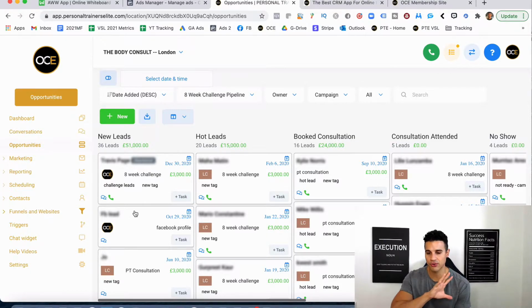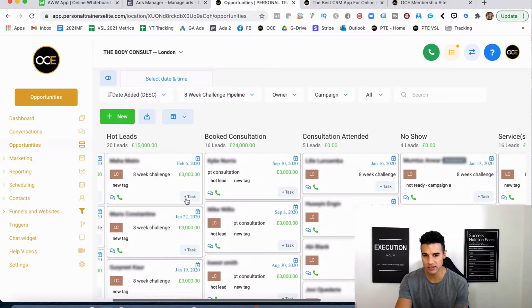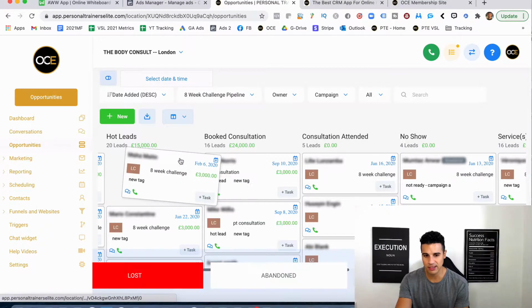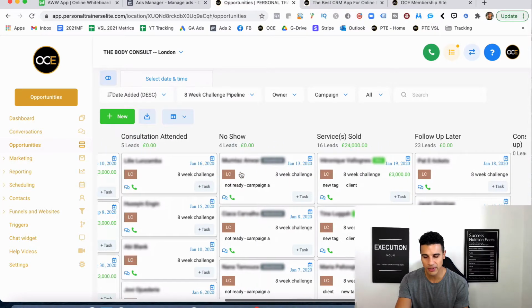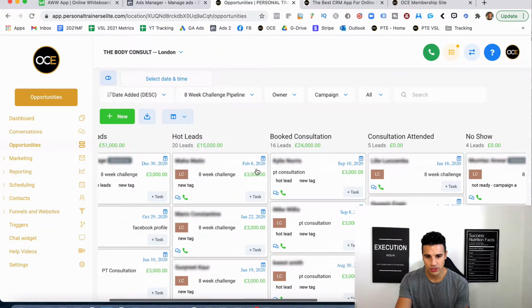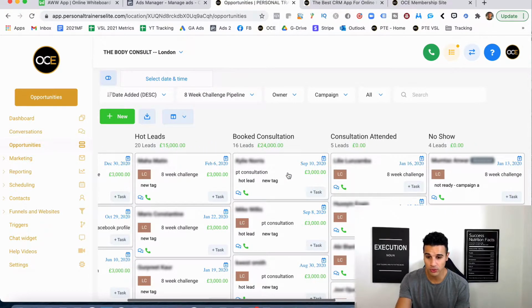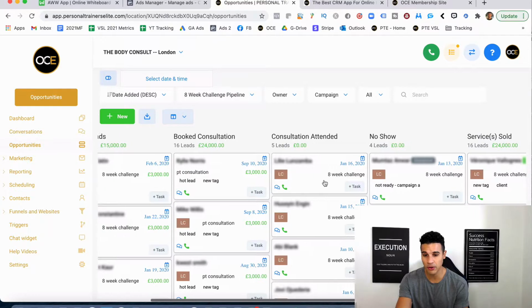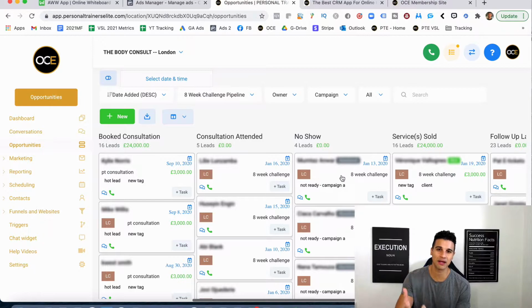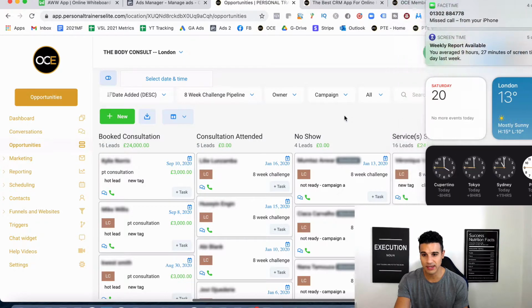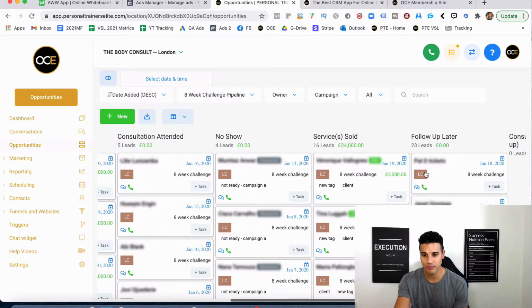This is a training where I go through how to actually manage your leads, the process. And then we want to be able to move them across as they start taking further interest. We want to automate a lot of this, but we want to effectively be able to see what's happening: who's booked, who's engaged with us, who's responded, who's then booked a consult, who's booked a call to speak with you, who attended so that we know if they've actually shown an interest, who didn't show up so that we can send them down other contingencies to remind them to go and book another call, who actually signed up with us, who's actually paid us money and signed up, and then who do we need to follow